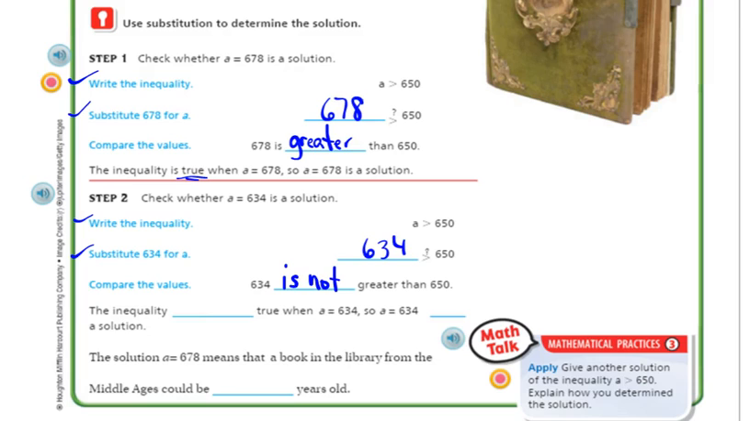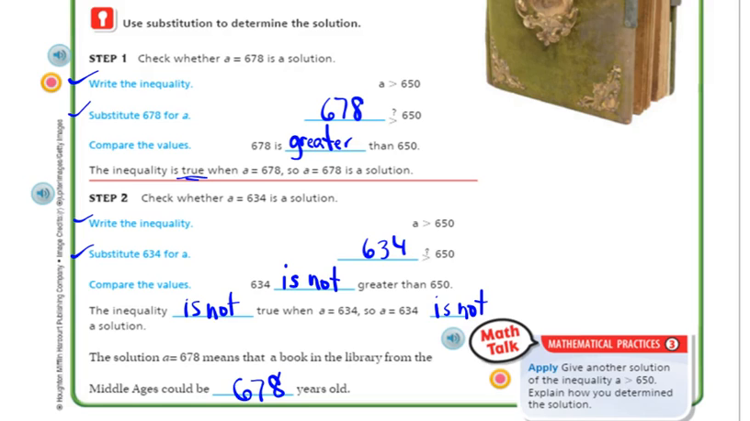The inequality is not true. There we go. When A equals 634, A equals 634 is not a solution. The solution A equals 678 means that a book in the library from the Middle Ages could be 678 years old. There would not be a book in there that would be 634 years old because that is not a solution. All right, go ahead and turn the page for me, please, to